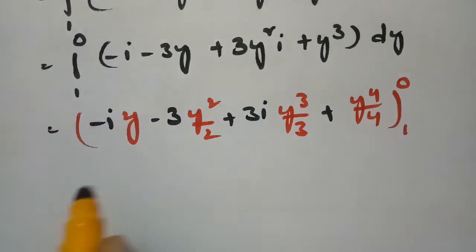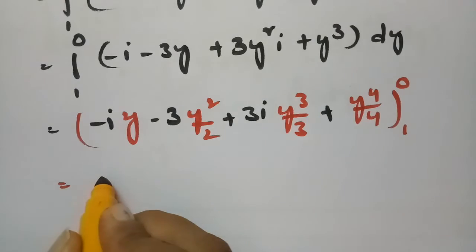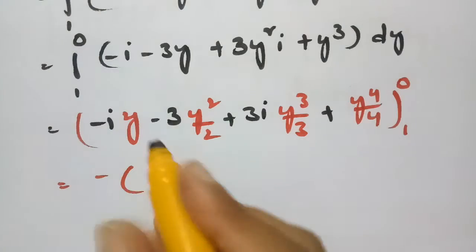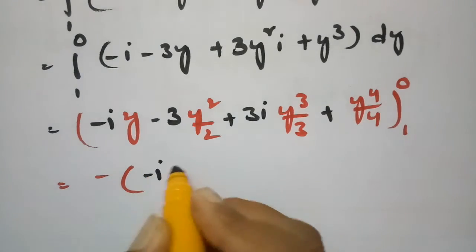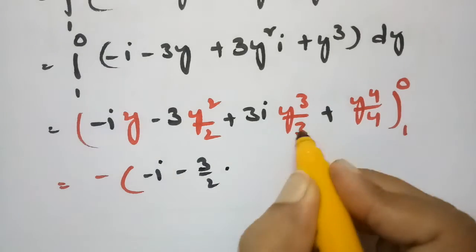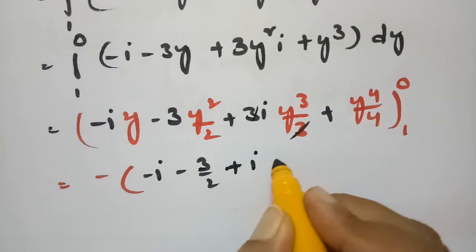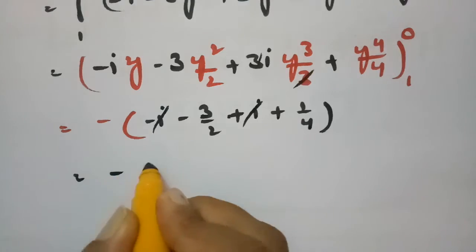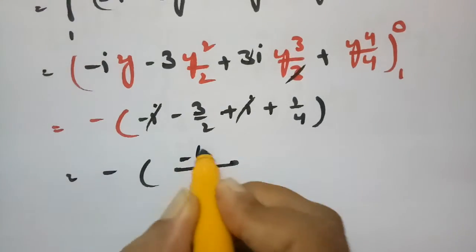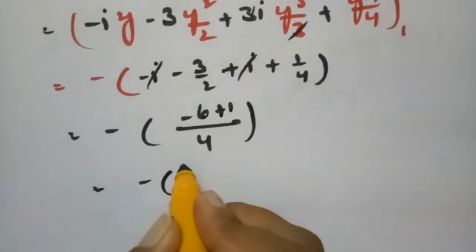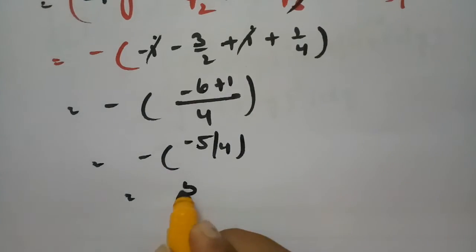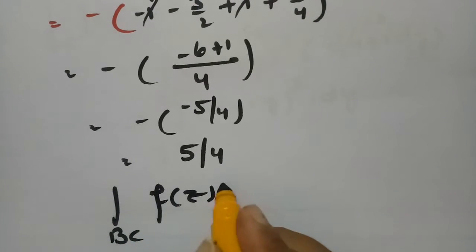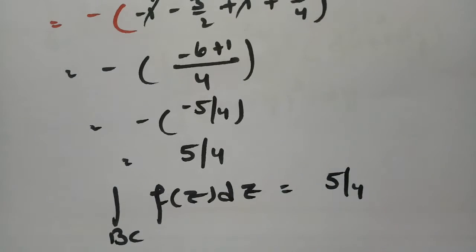So if I substitute the limit y as 0, this will be 0, and for the lower limit this is minus. So if I substitute y as 1, this is minus i, minus 3 by 2. If I cancel these two, this will be plus i, and this is 1 by 4. And if I cancel this plus and minus, this is minus. If I take 4 as LCM, this is minus 6 plus 1, and this value is minus 5 by 4. The value here is plus 5 by 4. Therefore, along the curve BC, the integral of f of z dz is nothing but 5 by 4,